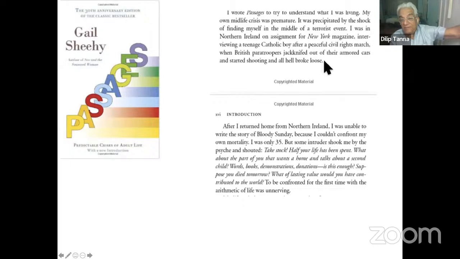And then she writes down about the bullet which came in. If it had come in a few degrees onto one side, I would have been dead. So she said,